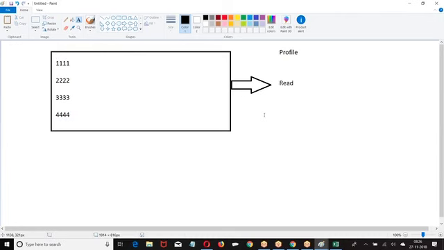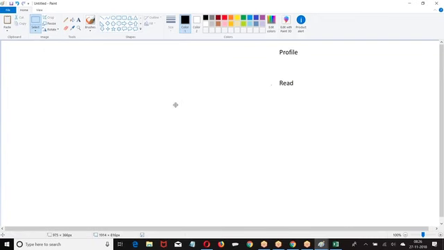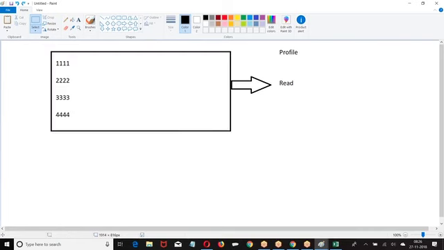If the table is visible, then I will tell you which records in the table you can see. If you cannot see the table itself, then how can I speak about the record? First, the profile level is giving you what? Whether you can see the table or not. On the table you can perform or not. I told on the table I can perform read and write.